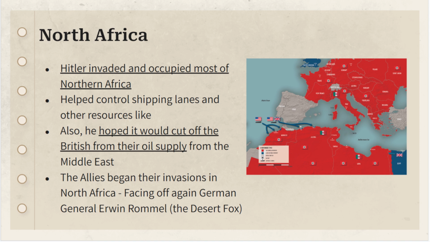Germany had seized control of North Africa to control the vital shipping lanes and all the oil coming out of those areas, and the Allies face off against them and began pushing the Axis forces out. So the North African campaign gave the Allies a kind of launch point into Southern Europe. They're going to use that as their base, and then they're going to start invading Italy.